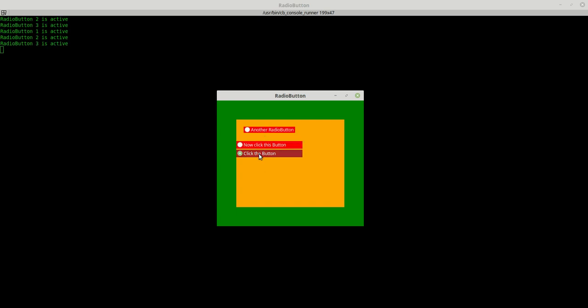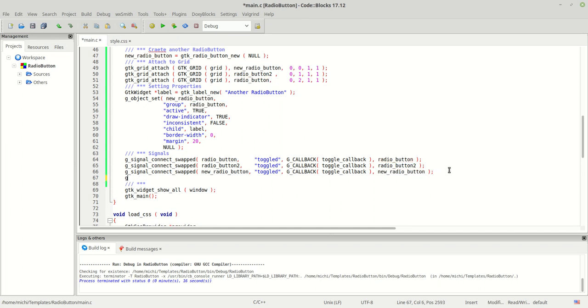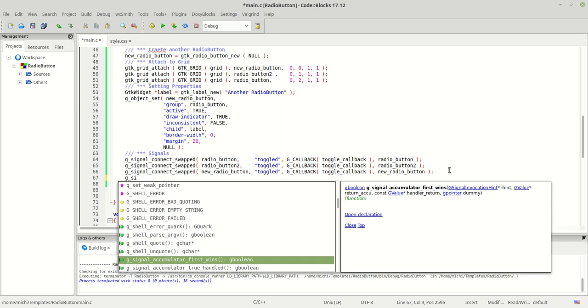1, 2, 3, 2, 3, 1, and so on. So it works fine. So this is the way how you catch signals with this widget, this is the way how you apply signals to this widget. The same story goes, of course, if you say let me do something else, signal